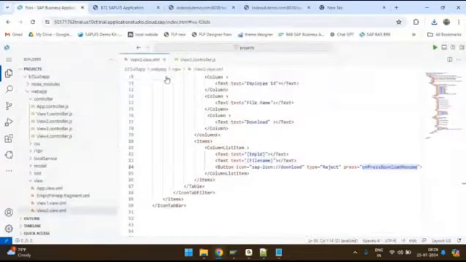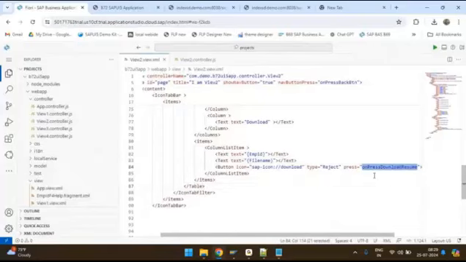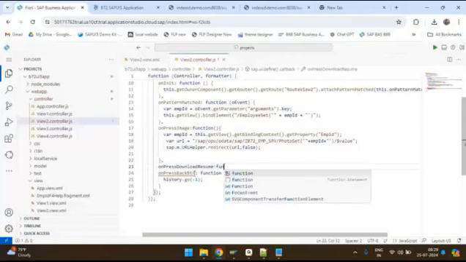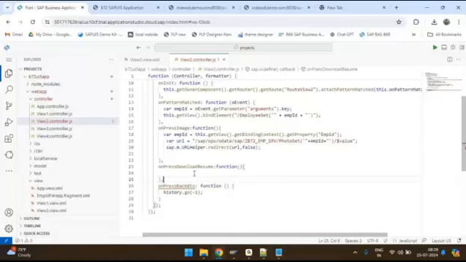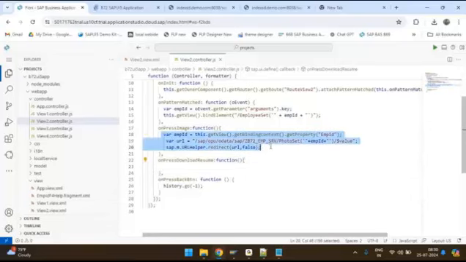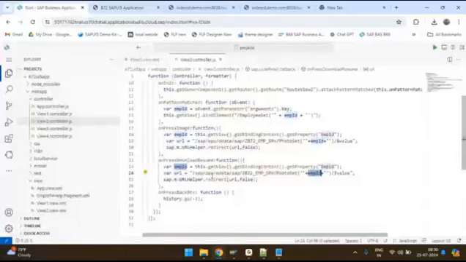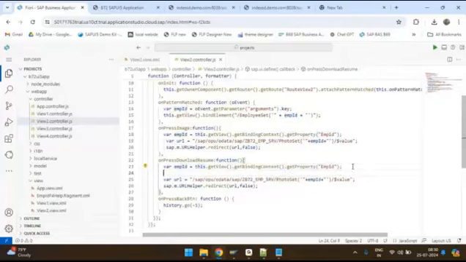Now let's write the code for the on-press download handler. Yeah. So basically the code is the same. So the same 3 lines of code you need to write here as well. But previously we needed only the employee ID within these round brackets, but this time we need not only the employee ID, we need the file name as well. Okay, right. So employee ID you can get like this, no problem. But how do you get